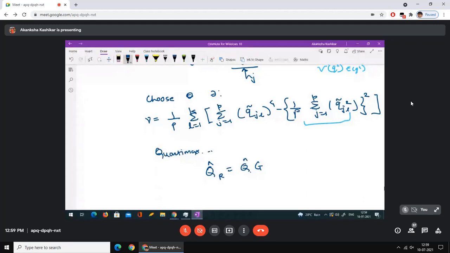Let me repeat what I said. Without rotation, when we are using say the principal component method for estimating the factors, the factors are arranged in the decreasing order of importance. So the first factor explains the maximum amount of variation, etc. However, when you rotate, that relationship is no longer true. In fact, some of the rotations divide the variation across all the factors more or less uniformly.